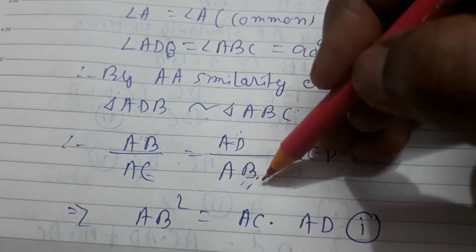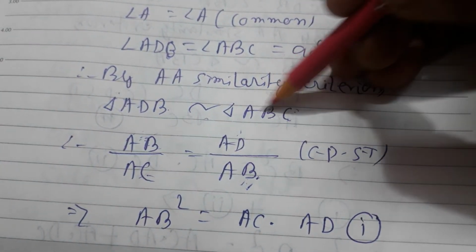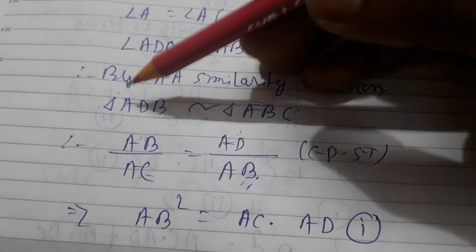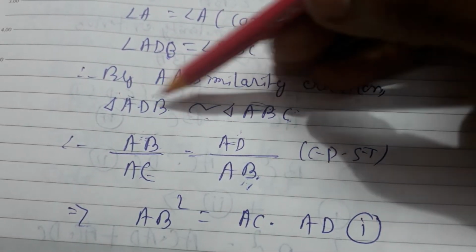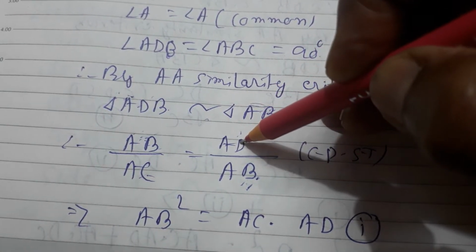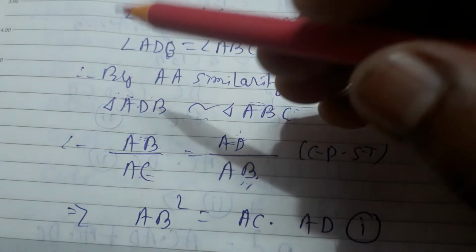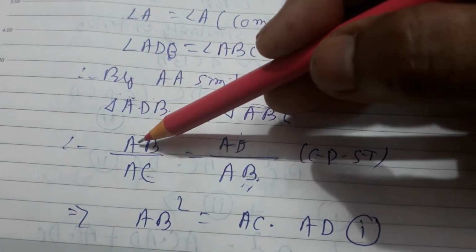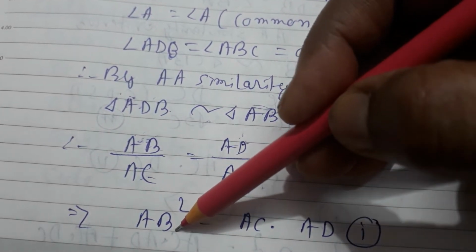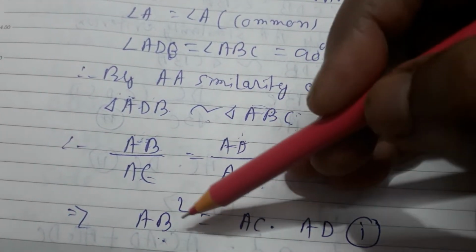Now this AB is of the second triangle. Of the second triangle, AB is the first two letters. So of the first triangle, the first two letters are AD. So you write here AD. This type of arrangement is required. I am telling once again, you look. At first you write down one AB and other AB, because I have to take out AB square.